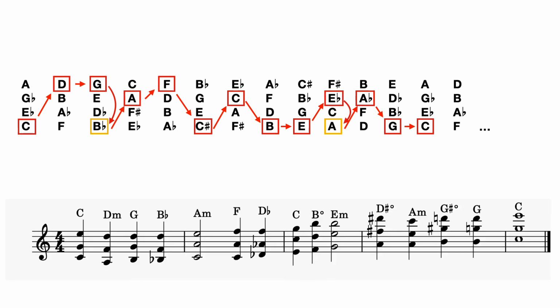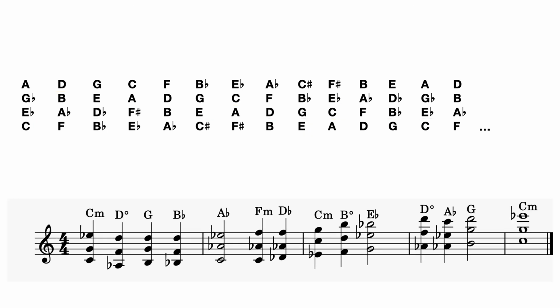And so then we have to decide what kinds of triads we want to build here. For the sake of this example, I've just decided to utilize these triads. And so here's this longer cycle. And so now we can experiment again with a longer cycle. Instead of starting with C major, let's make it a C minor cycle. So in this case, I'm going to start with C, going to D, and we're going to make that a